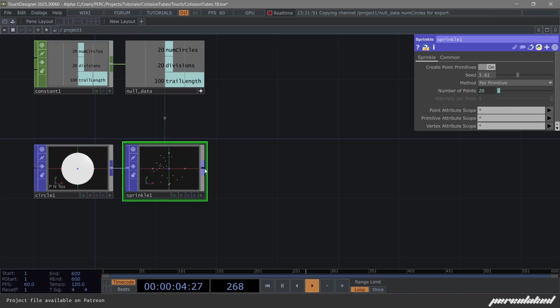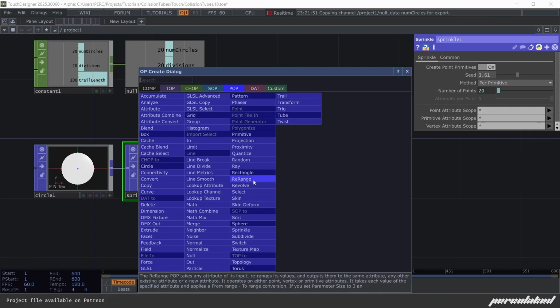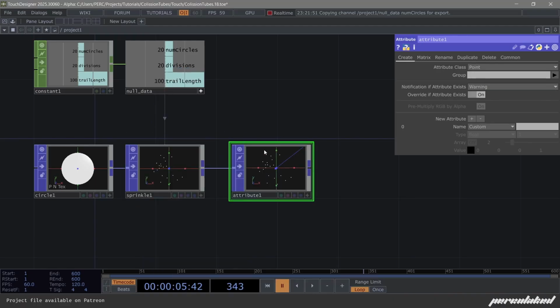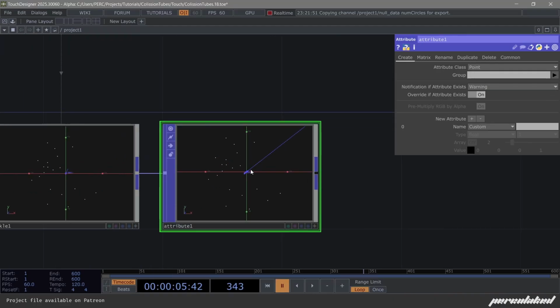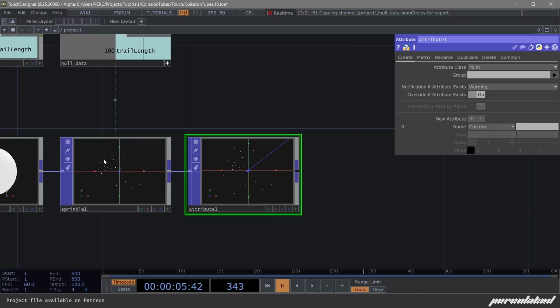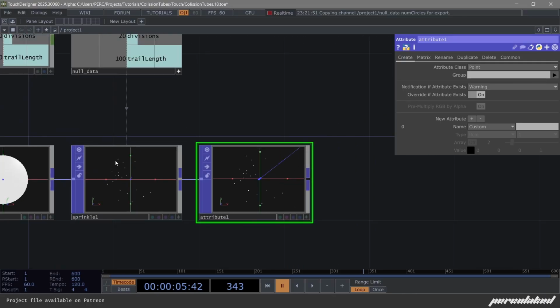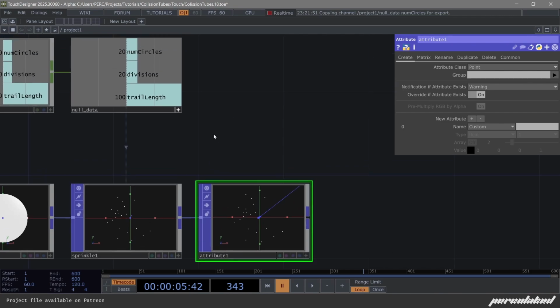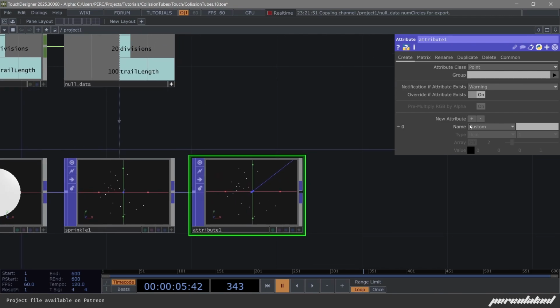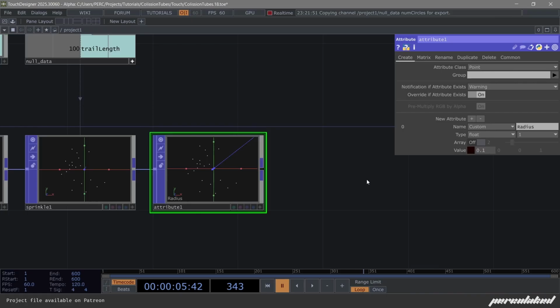I think one of the most useful and cool parts about pops is that you can use attributes to do all sorts of things. So now we're gonna create an attribute using the attribute pop that is gonna keep the value of our radiuses for each circle, right? Because this is just points, and we want to actually make circles with specific sizes. So I'm gonna make a new attribute called radius,